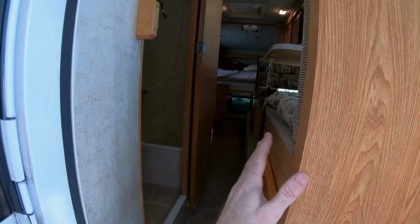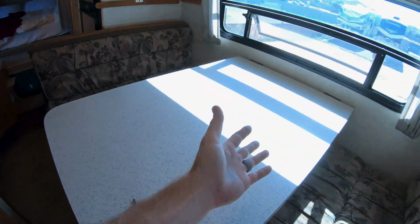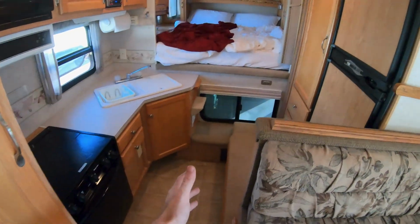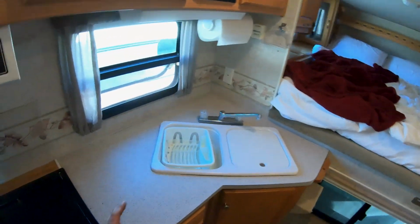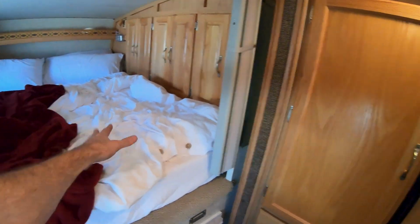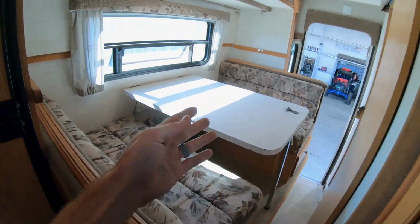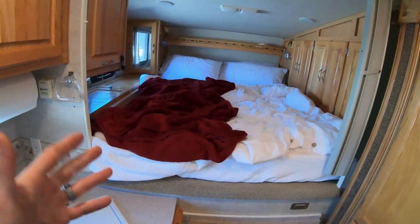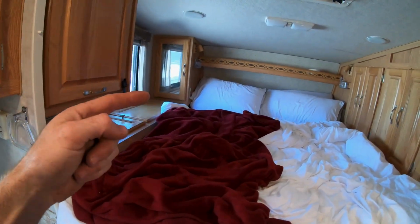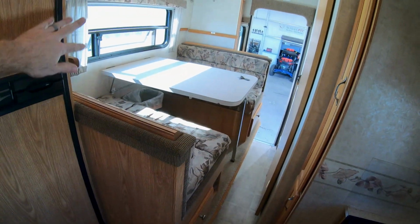One thing we really liked with the slide in, you could still get in here, get into the bathroom if you needed to. You could actually sit here and hang out. You can get all the way into the refrigerator and put groceries in if you're stopped at a gas station or something. You could even sleep if you had to. If you didn't have room to put the slide out, you could hang out in here if it was just the 2 of you, and you wouldn't feel too crammed. This is almost how much room the other one has, a little bit more here, but with the slide-out versions, we chose the Arctic Fox 1150 because of the layout inside with the slide-out as well as